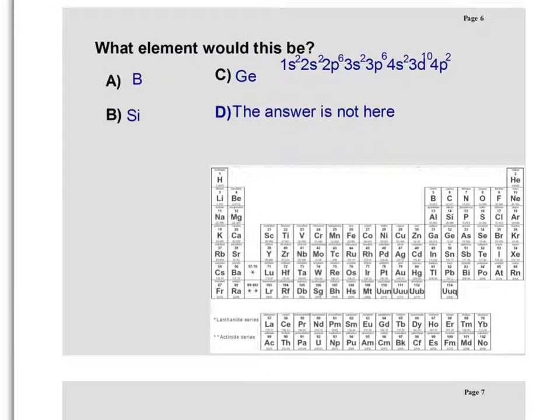So if you look at this and you literally add up all these electrons, you're going to find that there's 32. You go to the periodic table and find number 32, and that's germanium. Also, if you remember how to use the shortcut and know how the periodic table is set up, I could also say,